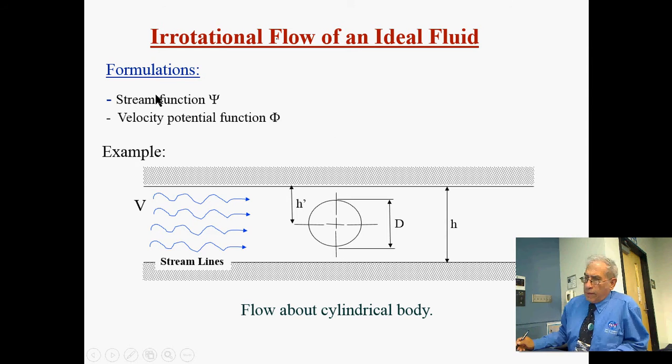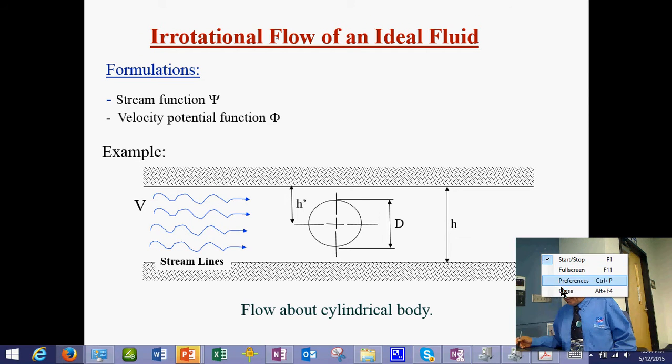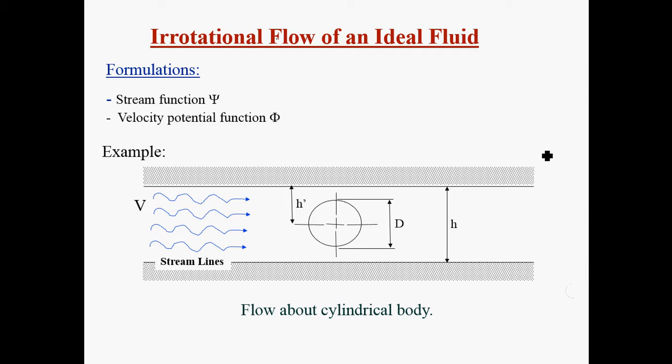So in this, we're gonna call the stream function just the way this stream function would be the way this gets distributed. And of course, we want the potential function, meaning the ones that have different pressures. So this is flow about a cylindrical body. So let me just disappear from here, and then we will go over here